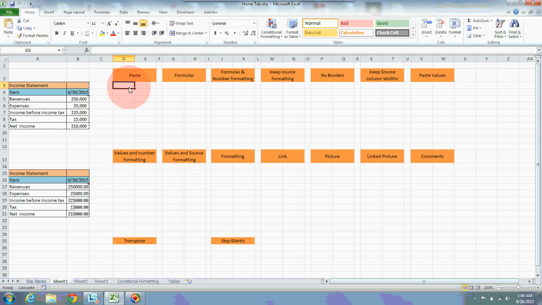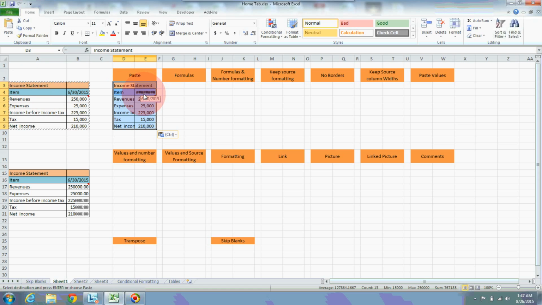I can do it in two ways. One is using Control V. If I use Control V, the data which has been selected and copied will directly paste over here. I have selected this area and pressed Control V. Now my data has been pasted from here to here.